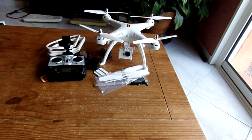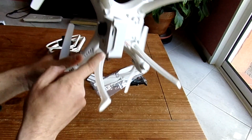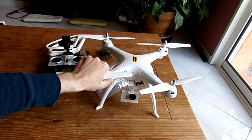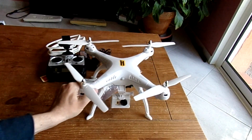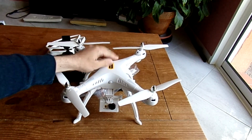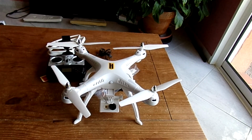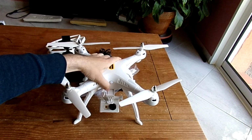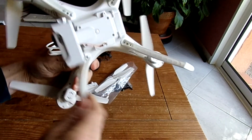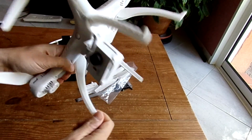I already opened everything and installed the difference. So out of the box, you will need to install the landing gears and the camera mount. So here is the quadcopter. As you can see out of the box, it is very similar to a Sigma X8. The plastic is very good from my point of view, not so hard and not so weak, also flexible enough to absorb some crash. Maybe the landing gears' extremities are too flexible